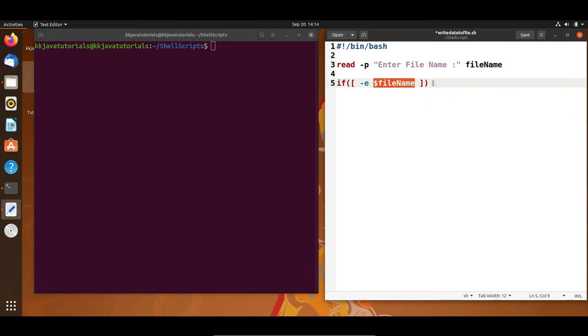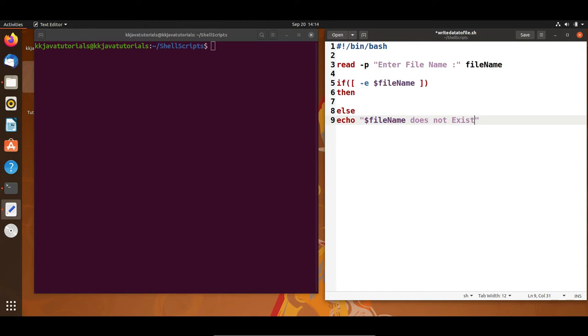Now if this is the case, then I will write then. Else also you have to give else. If this is not the case, then simply we will print a message like echo, and here I'll inform the user: file name we will print, and I will say does not exist.